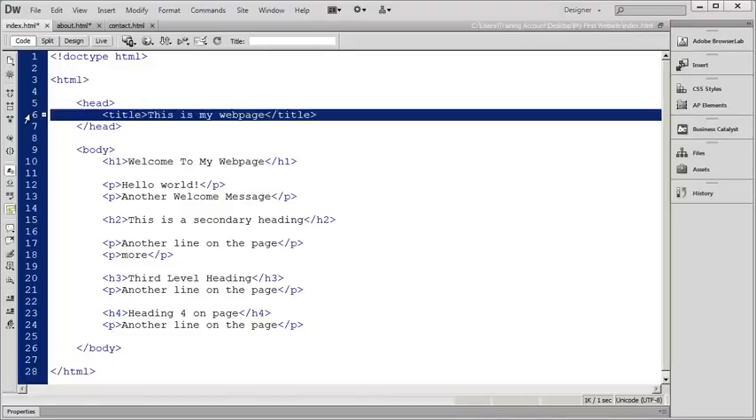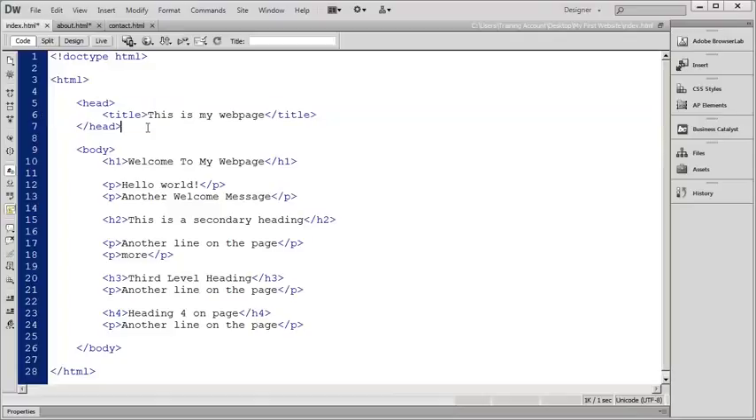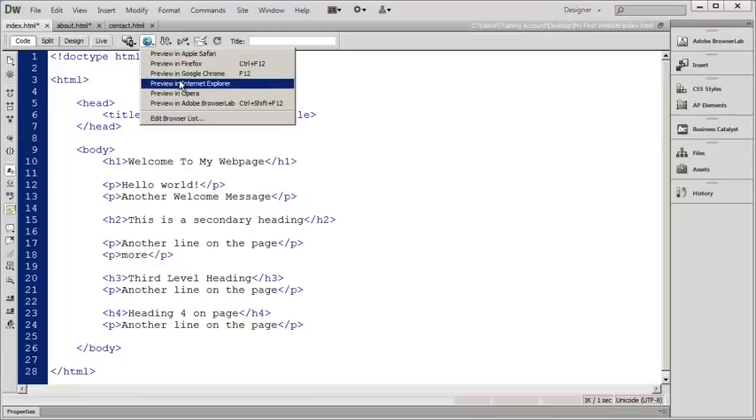So we've gone ahead and we've placed a title tag. Now, what is the title of the page? Well, simply, it's whatever goes in the tab for your browser. Now, you may say, well, I don't care what text is in my browser tab. And when I say that, let me go ahead and